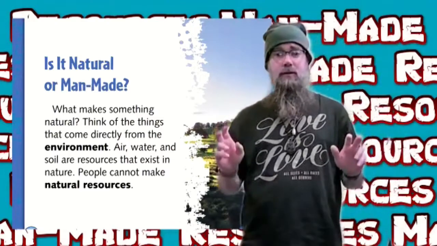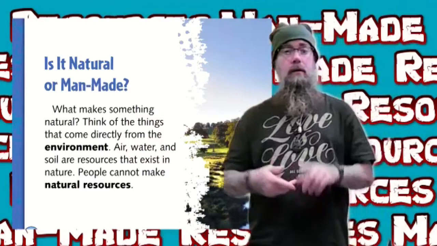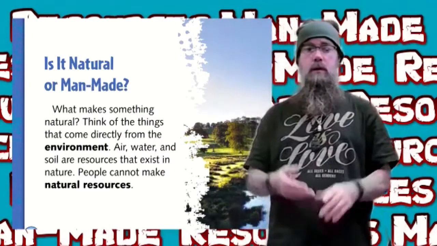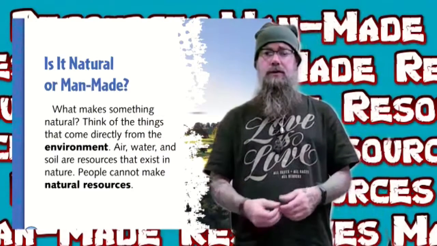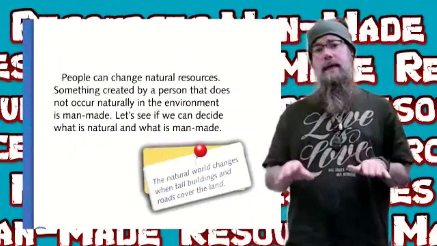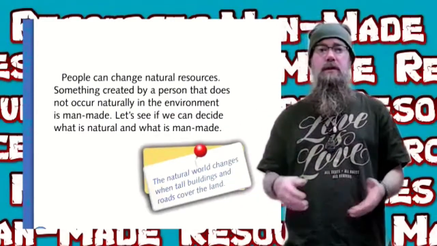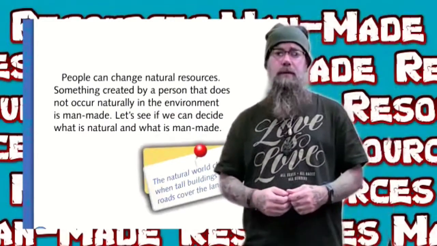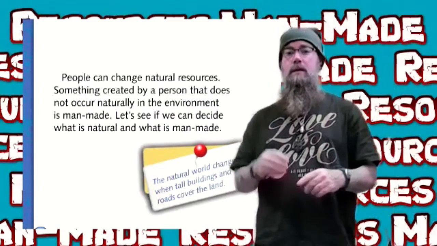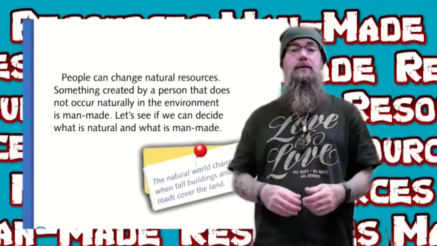What makes something natural? Think about the things that come directly from the environment. Air, water, soil, resources that exist in nature. People can't make them, they're natural. So with these natural resources, people can change them. Something that is created by a person that does not occur naturally in the environment is called man-made. Let's see if we can decide with some of these examples coming up, whether it's natural or